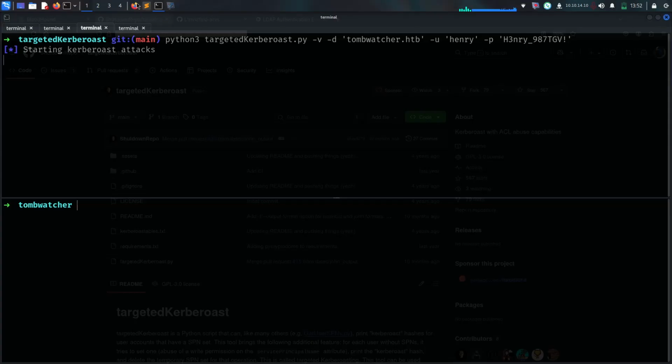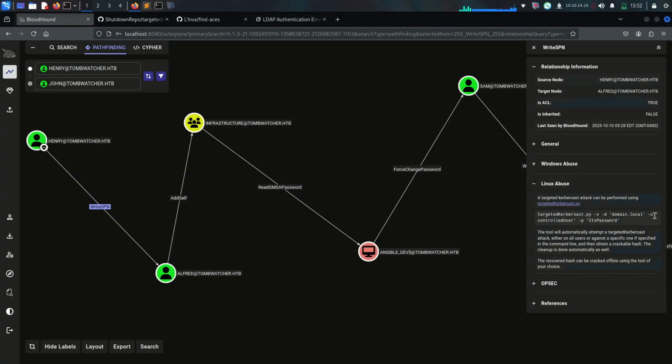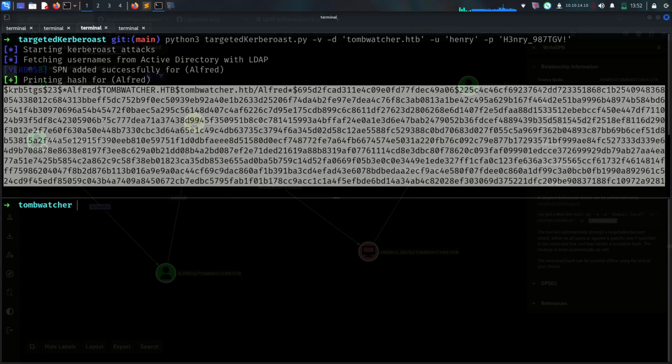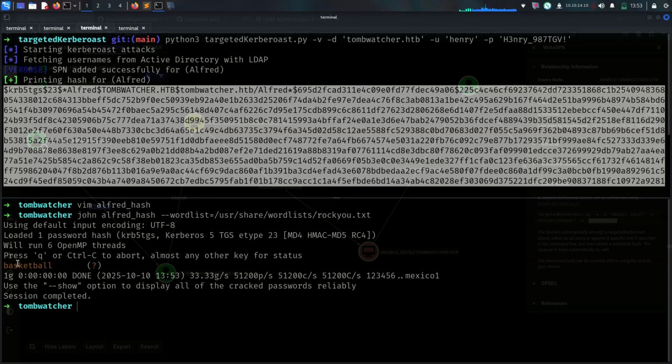So let me just close it, and we just have to give the domain name, controlled user, and his password, and it will dump Alfred's hash. So now we have Alfred's hashes here. Let me call Alfred hash in this way: John Alfred hash, dash wordlist, user share wordlist rockyou.txt. And in this way, we got Alfred's password with